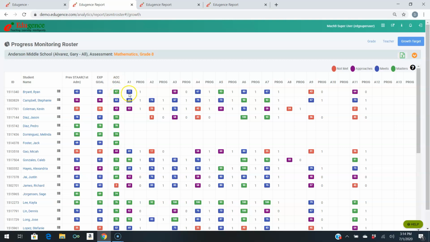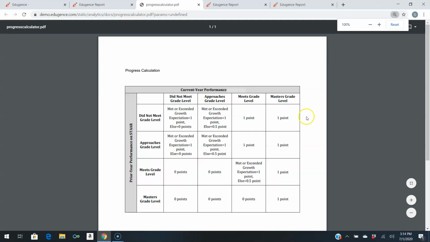Following that is information about local assessments. As you hover over, you can see the name of the assessment. You can also see information about progress. To understand more about that, click on the question mark, and you can see how students will fall into accountability and